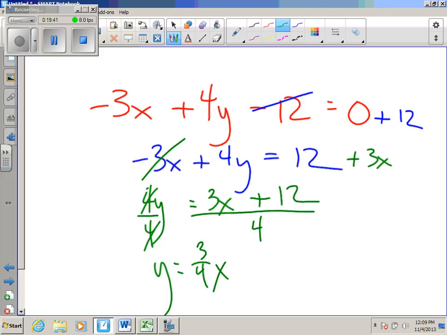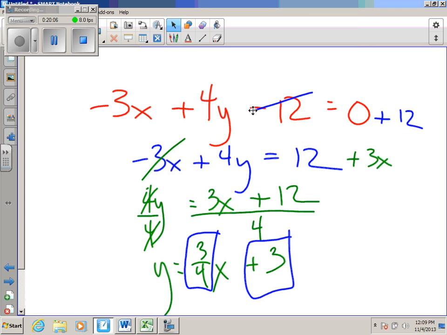Which is what? Slope. Slope. 3/4. Y-intercept. Positive 3. Right? Good. So you had it. You just have to have a little bit of